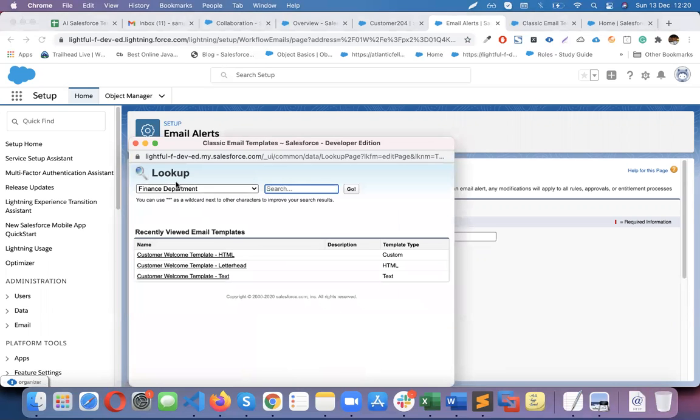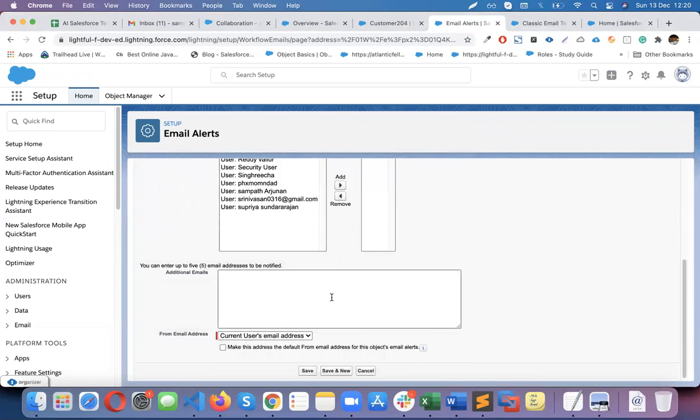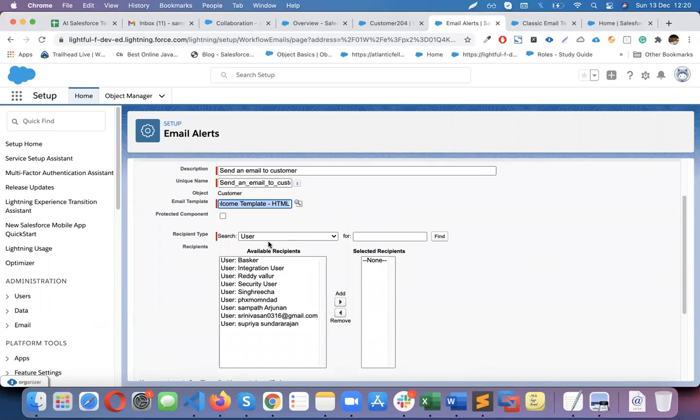Here you can pick the template. Okay, so the HTML template, and to whom you want to send. So that is the benefit of using the email field, the email data type.